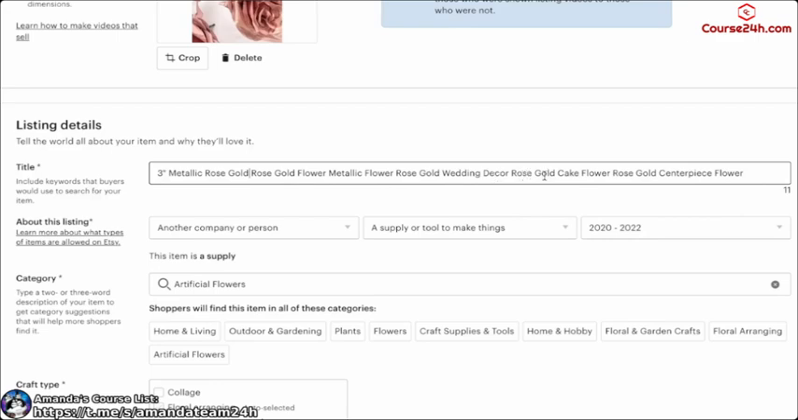Decor rose gold cake flower, or rose gold cake flower rose gold. Those are all separate search terms people might look up. Flower rose gold centerpiece, and gold centerpiece flower. So as you can see, I've captured as many long tail keywords and they kind of overlap. So consider overlapping, using one word from one long tail keyword to start or be included in the next long